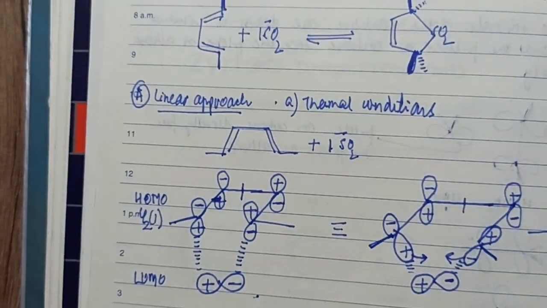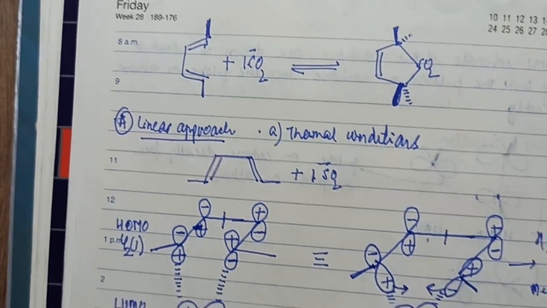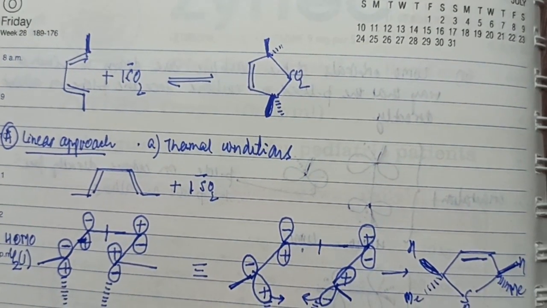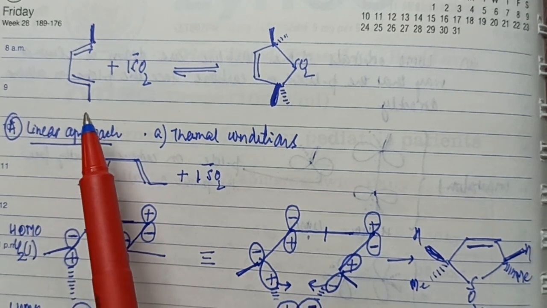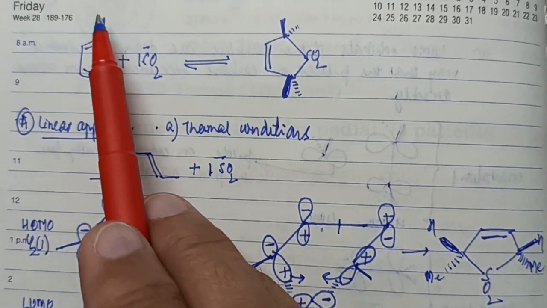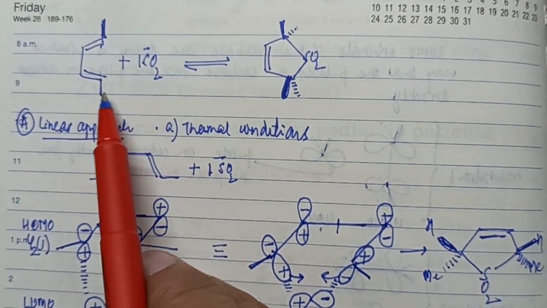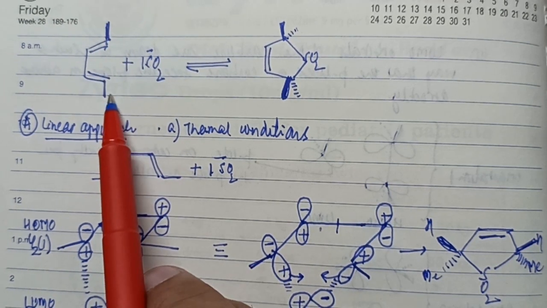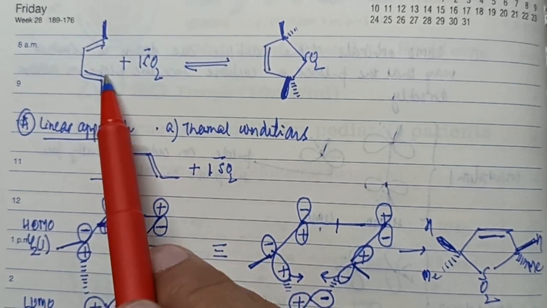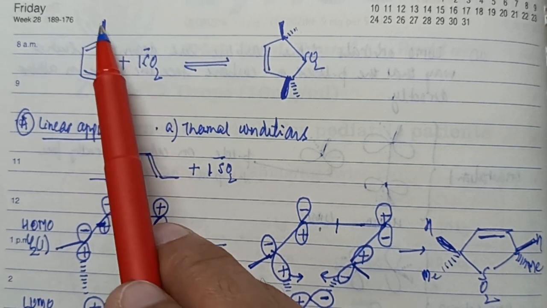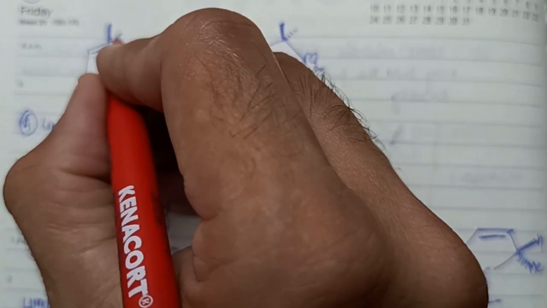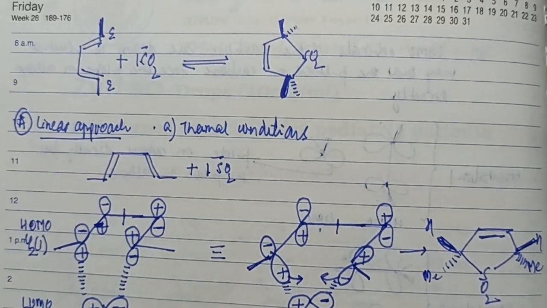Let's try to explain this example in detail. Let's say I'm talking about hexa-2,4-diene and sulfur dioxide adding to it. Let's take one example in which the position of the two methyl substituents on this diene moiety is such that this one is away from the diene, and this one is also away from the diene, or you can say both have the E geometries with respect to the diene moiety.